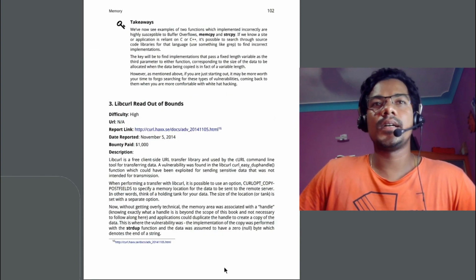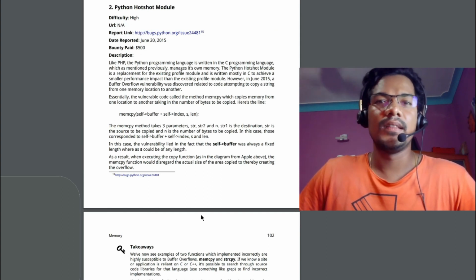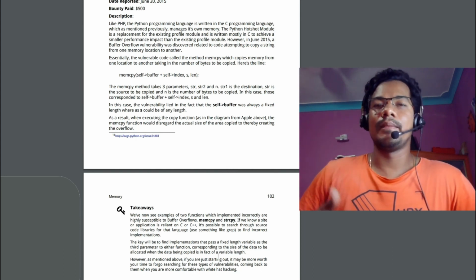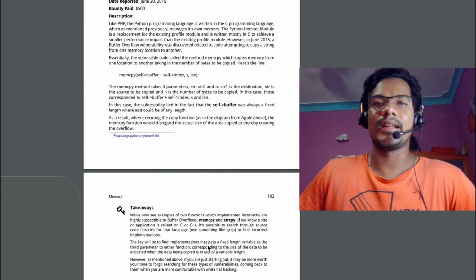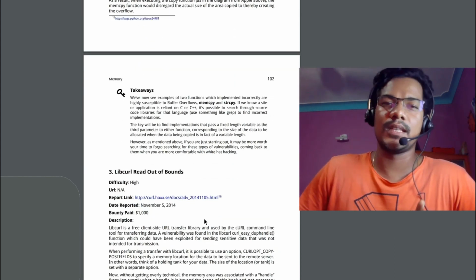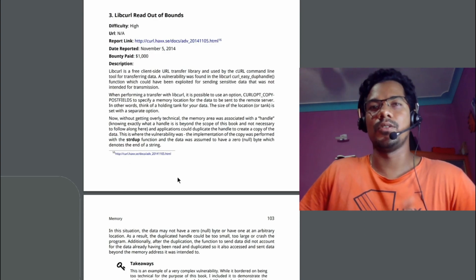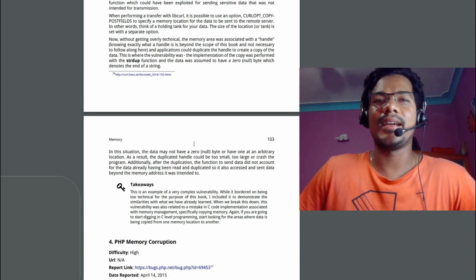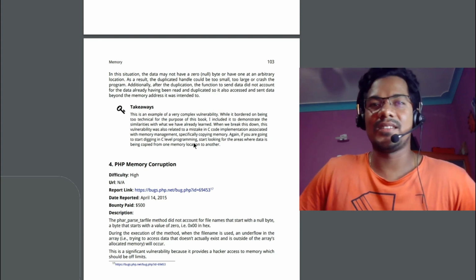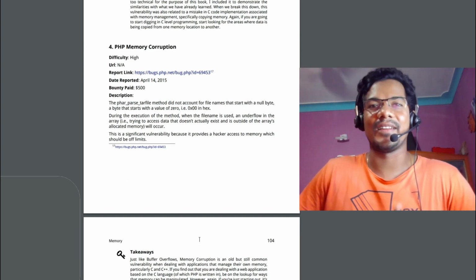Okay, yeah, memory related issue, read out of bound issue, Python hotspot module. These are some of the memory copy or string copy related issues. So when the memory gets overlapped or crosses the boundary, that kind of attack. I'm not sure, this is more of a beginner attack, but you need to know the theory. People don't usually ask memory leak issues for a beginner, so don't worry. Just have some idea about why memory corruption happens, why memory overflow happens, strcpy, and so on. These are some of the criminal functions.